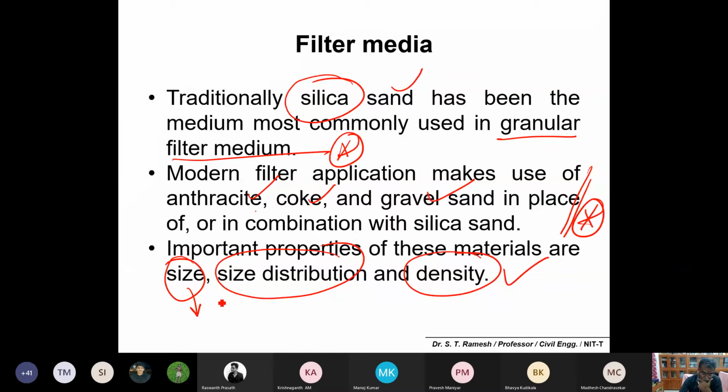So what you do is take a river sand and go for sieving with different sieve sizes. You can measure how much will be passing and how much will be retained, and based on that you can draw a graph between pore size versus percentage finer. Anyway, this we are not going to discuss. You may get a graph like this. In soil mechanics you would have studied how to draw a grain size distribution curve. Am I right?